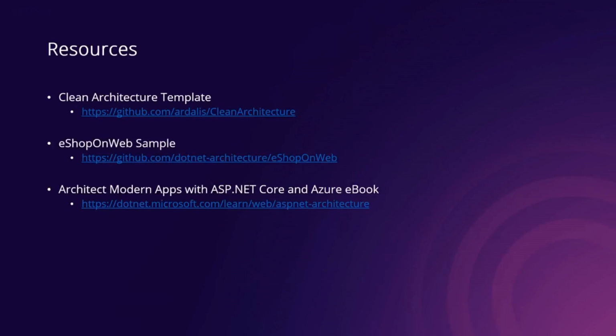And with that, I am out of time. So some resources here for you real quick. You can get the Clean Architecture template from NuGet, or you can see the source on GitHub under Ardalis Clean Architecture. You can also check out the eShopOnWeb reference application that's available from Microsoft. It's also on GitHub. It's also using Clean Architecture, so it'll show you how a real application is built using that. And there's a companion ebook that goes with it, which is linked to right here, and you can also find it from that repo.